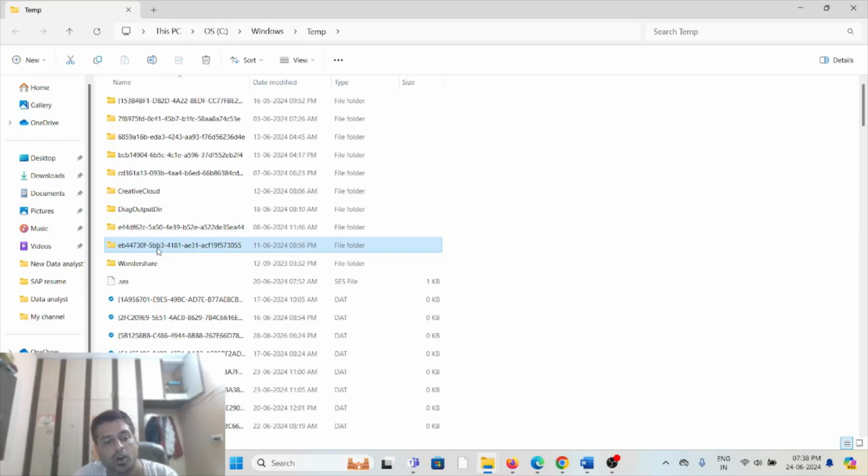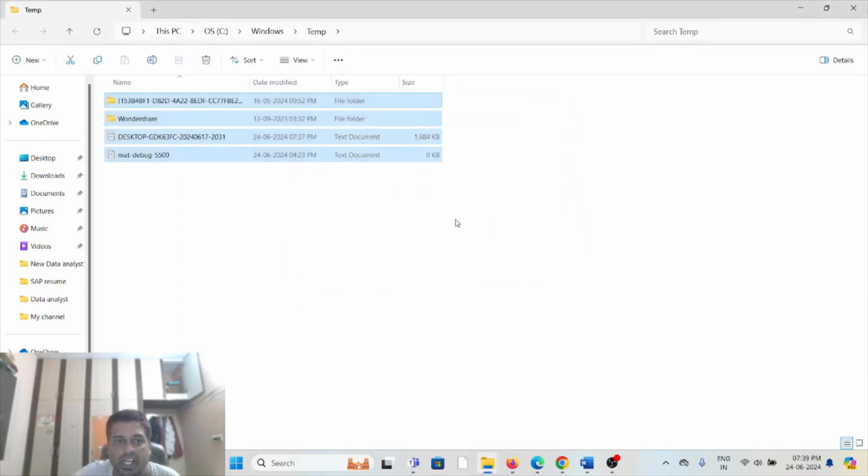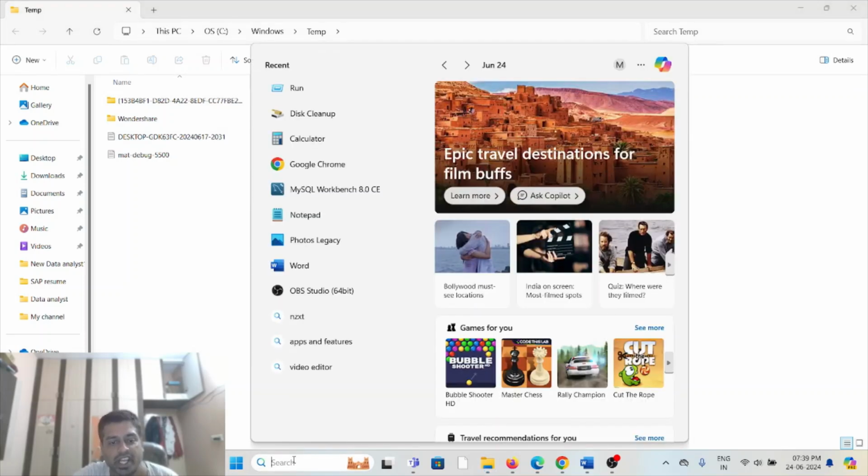Here you can select all the files by pressing Ctrl A, and then press the delete option. It will delete all the temporary files. Okay, so we have deleted all the temporary files. Again, go to the